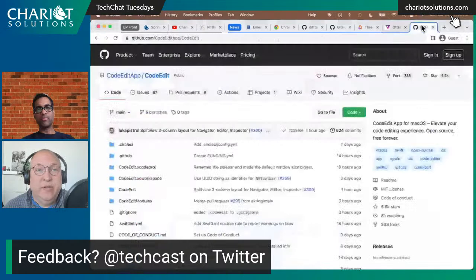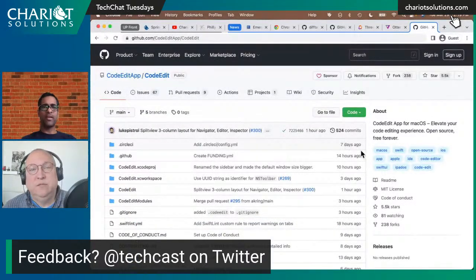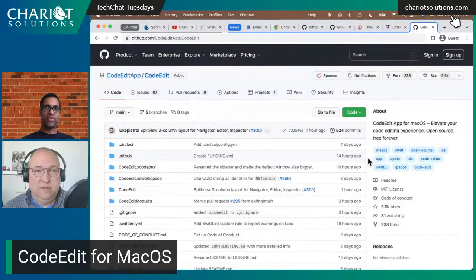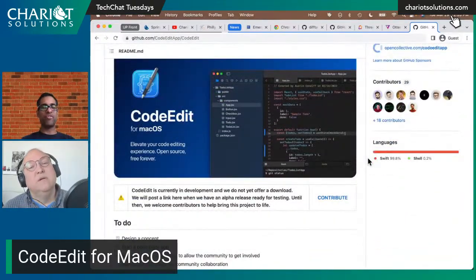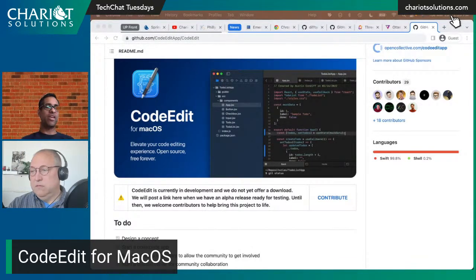Awesome. All right, and you have one more, CodeEdit. I don't know how much progress they've made on this, but it's purely open source, native macOS, using SwiftUI to build a code editor, and they're looking for contributors. I found it interesting just going through the SwiftUI code, and it sounds like anyone can get on board and start contributing to it. I haven't downloaded it or installed it or built it myself.